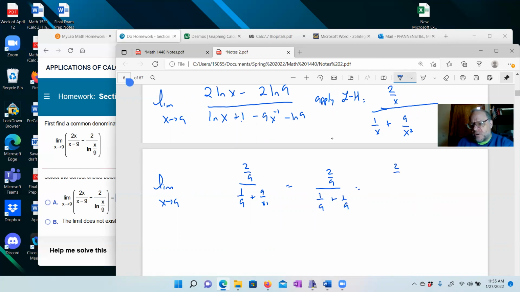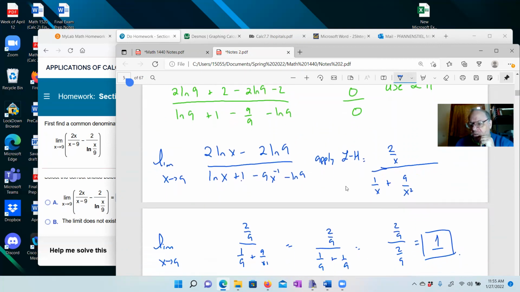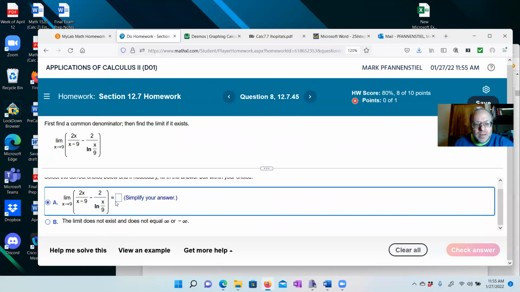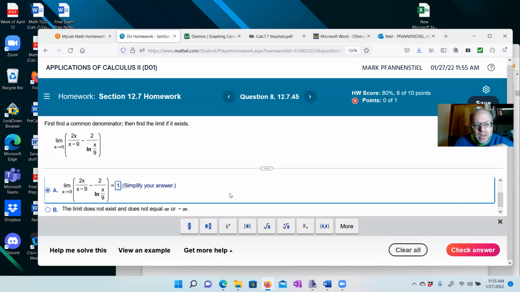So we end up with 2 over 9 divided by 2 over 9. I think everybody can tell that is 1. Okay, so that's how we're going to go through and make sure that we don't have an indeterminate form anymore. We're done. We got a value. Okay, so equals 1, and we'll check,